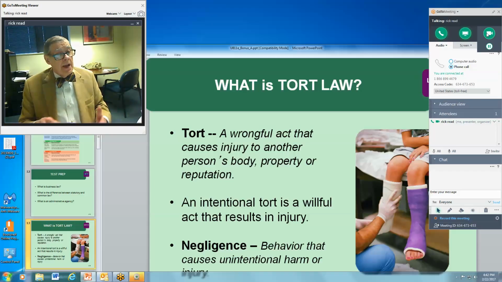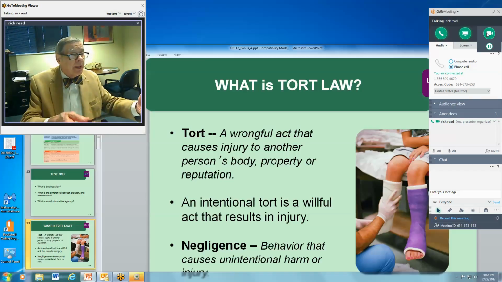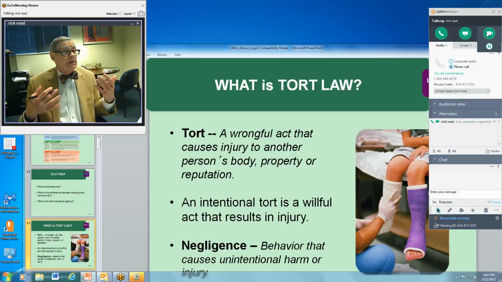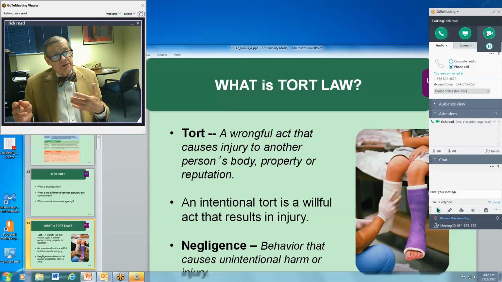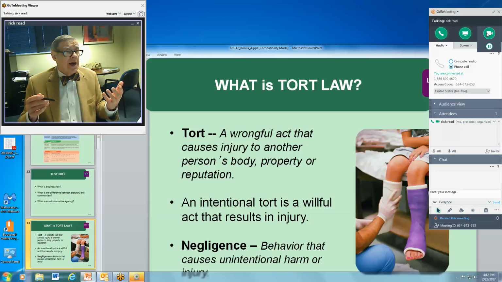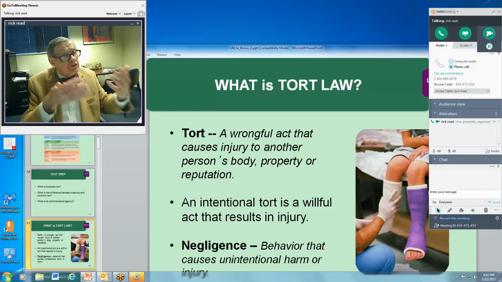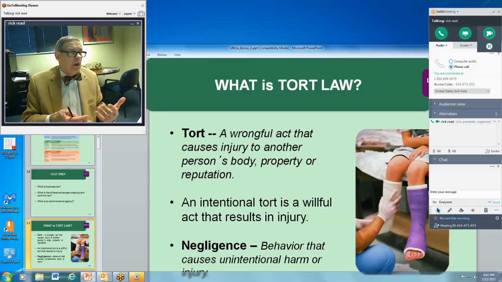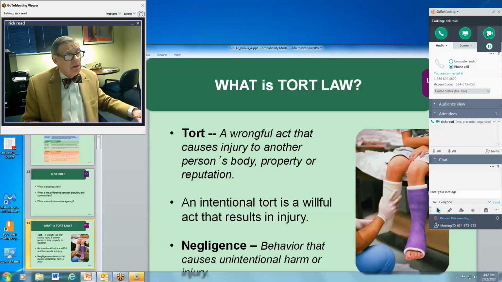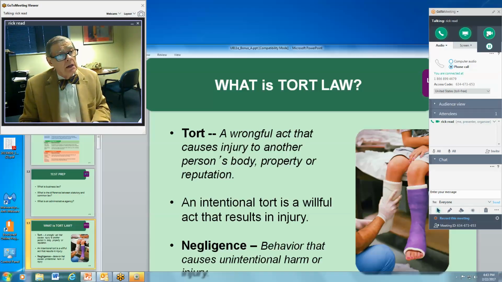So anyway, intentional tort is a willful act that would be premeditated in some cases. And then negligence is a little different. Well, probably negligence is a lot different because it is something that was done, but there was no intention to do that. I guess the classic case is the woman who some years ago was burned by scalding coffee, and I use the word scalding, when she opened up her cup of McDonald's coffee in her car.